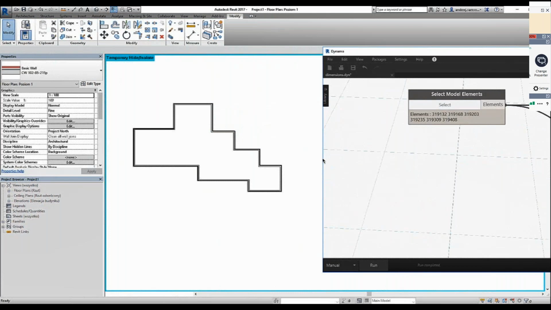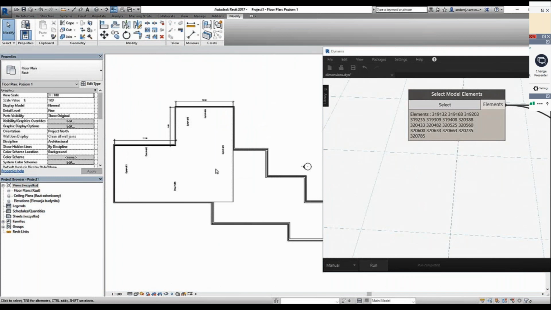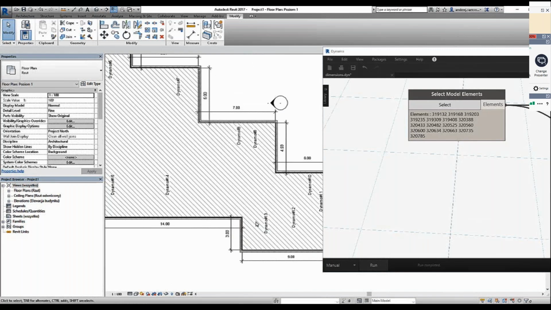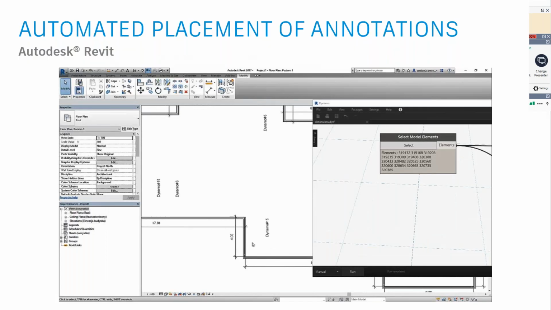In this particular case, we've selected the new elements that we've added to this flow. And once I rerun the script, what you'll see is it automatically coordinates those changes and places those additional dimensions, tags and annotations on my floor plan. Again, when it comes to typical annotation and 2D workflows, it's about how many clicks I can save. So here you could see an instance of that. And if you think of replicating the same across maybe 50 or 100 drawings, it saves considerable time.